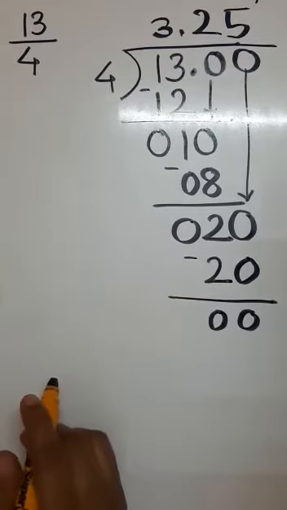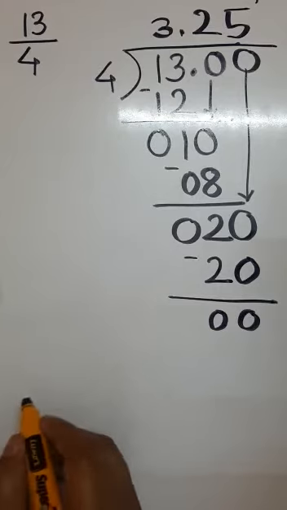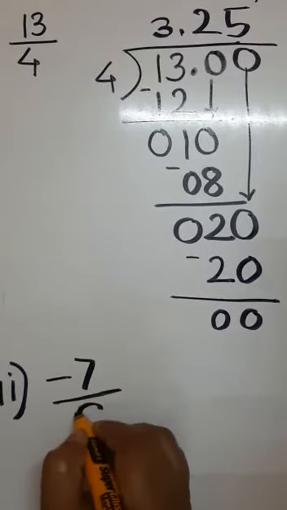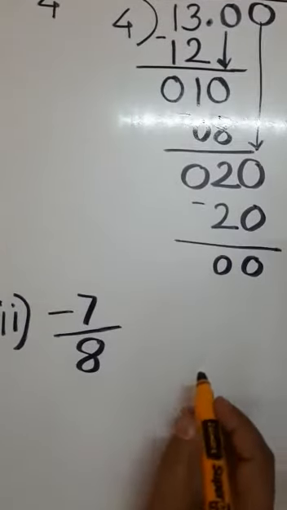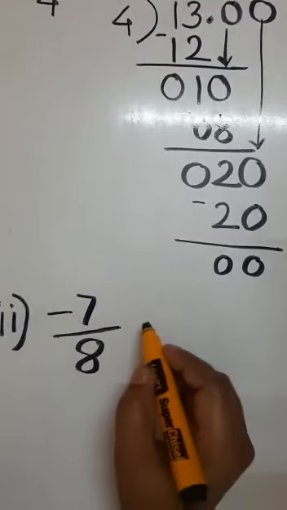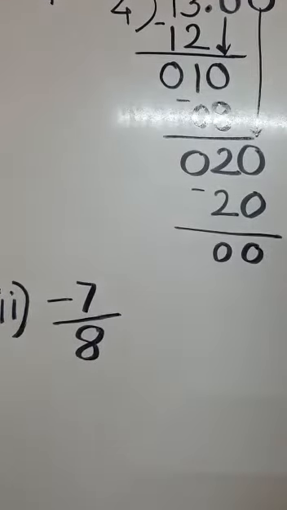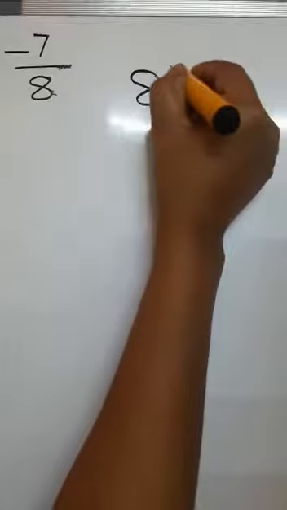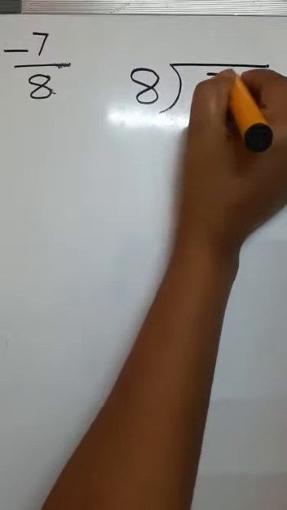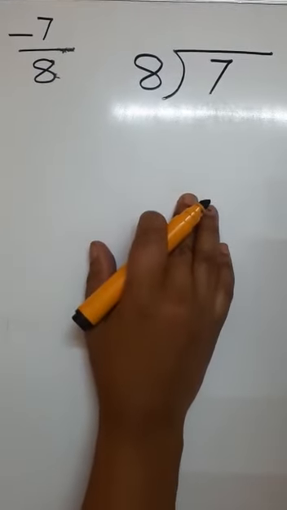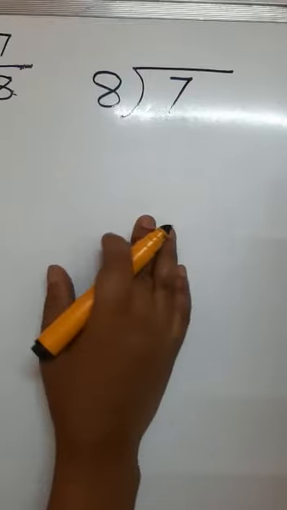So we'll take the next example, a negative example. Okay, so the second example is minus 7 upon 8. So here also you have to do the same type of division. The only difference is that after getting the answer you have to give the negative sign to your answer. So let us divide this number. So write 8 over here and your divisor 7. First, while dividing we will not take the minus sign. First we will divide it and then we will give the negative sign to it. So let us first divide.